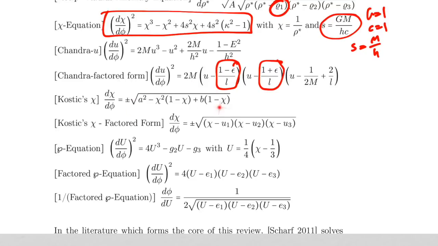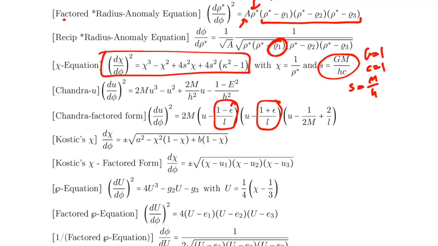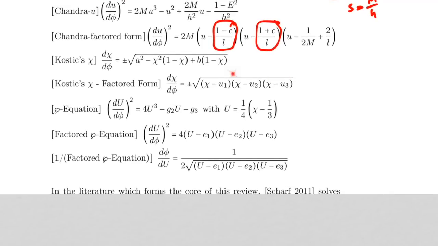So he has a motive for this. But he says you can always write this in factored form with 3 separate roots, which is basically akin to the reciprocal of this, right? So you can do that too. These are really kind of trivial changes. Now, what's not a trivial change is what we showed in one of the later lectures, which is